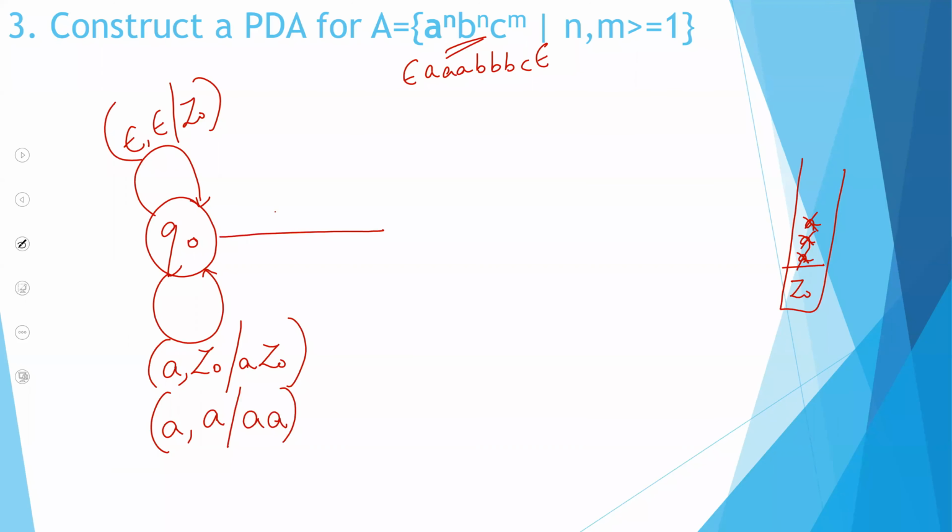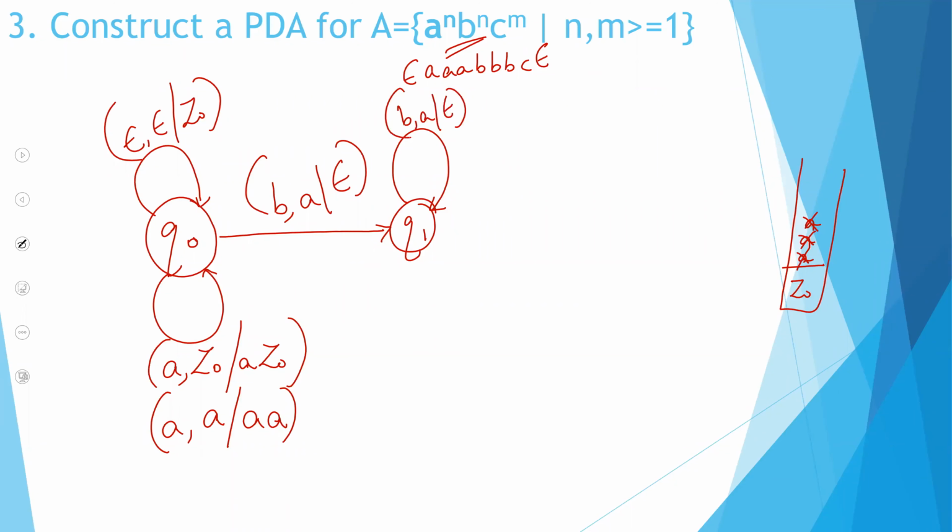I will encounter my first B. The top of the stack would have been A. I pop it. I make a matching. I will be going on to a state called Q1. I might encounter many B's. For all the remaining B's also, I will be doing the same operation. So till here, it is the same as before. You put in A's, you encounter B's, you pop, you have now done the matching. Now, the next part.